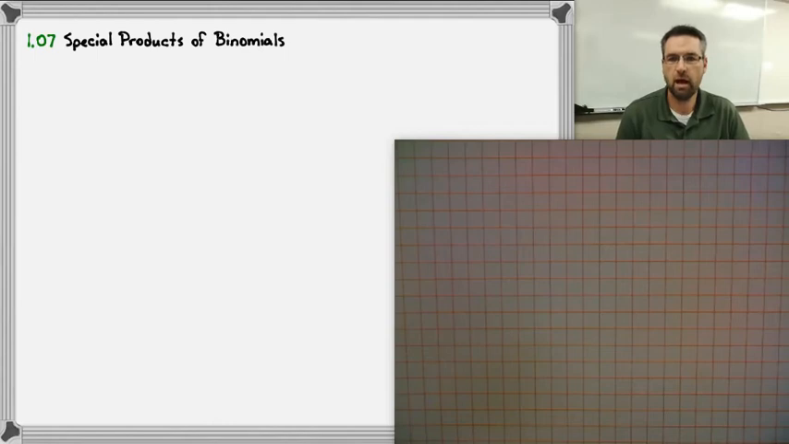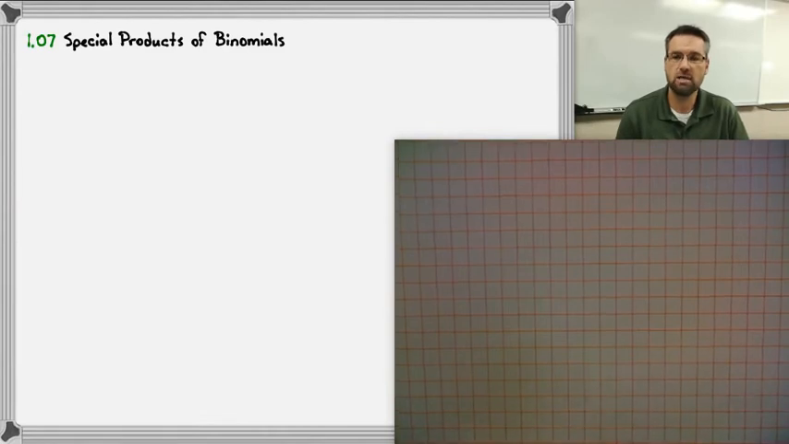Hey everyone, today we're going to talk about how to multiply polynomials that are considered special cases. Last time we talked about just multiplying two binomials. Today we're going to expand on that idea. Nothing really new, but looking for some patterns that will make it a little bit more efficient for certain types